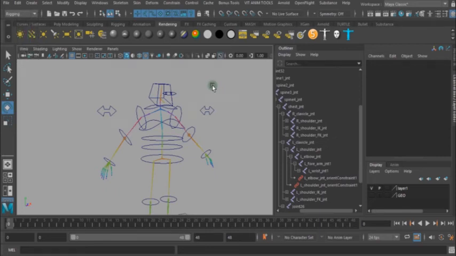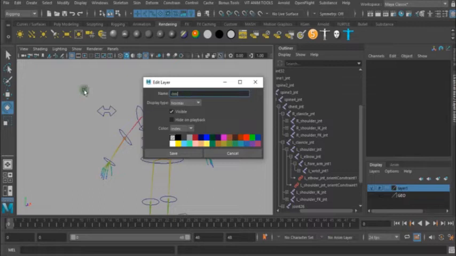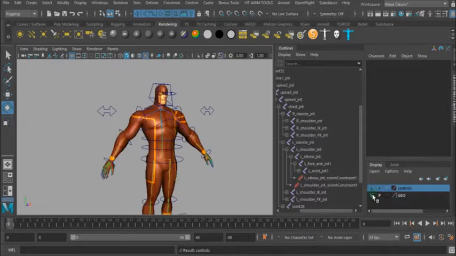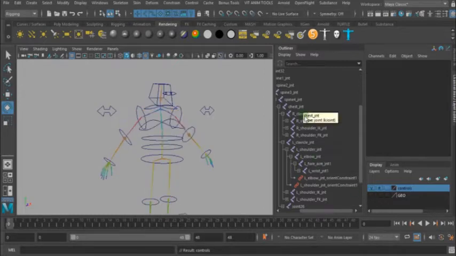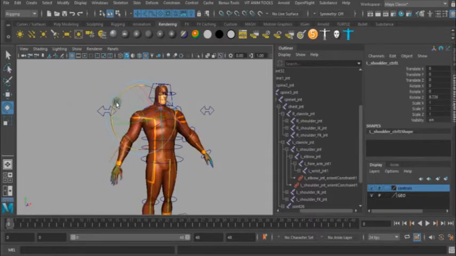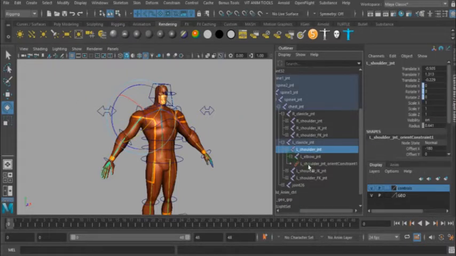So we are going to learn about inverse kinematics and forward kinematics, IK, FK rigging. I just make a display layer for controls and joints and geometry. Okay, so we have got the basic rigging. We have completed the basic rigging and we have skinned it, and now